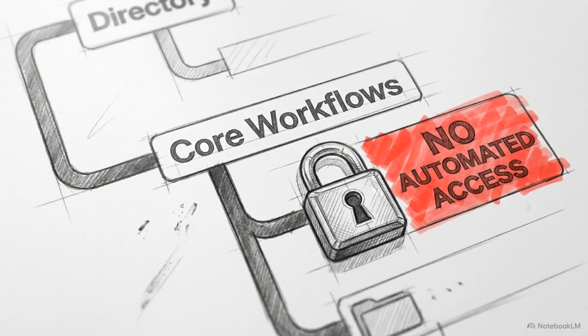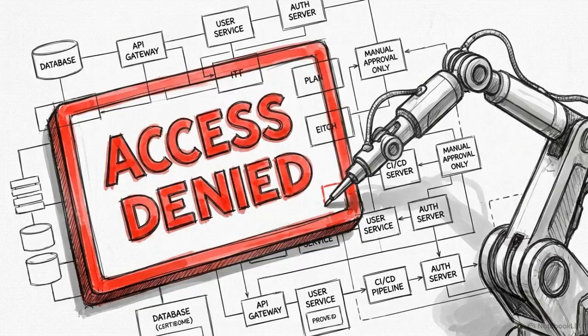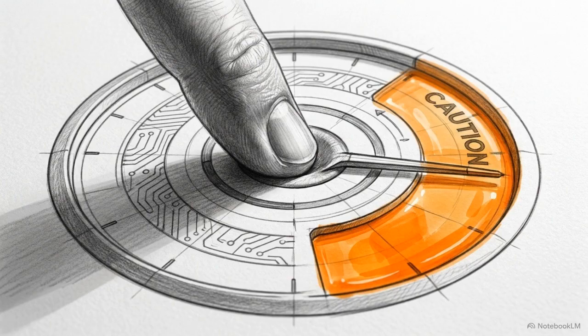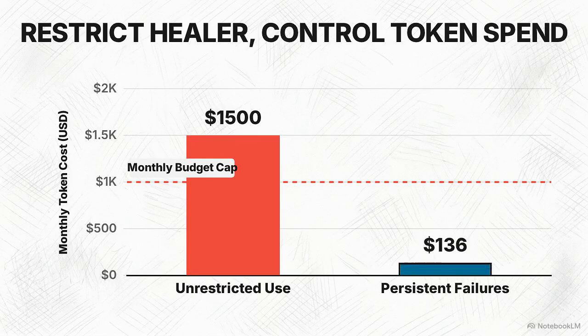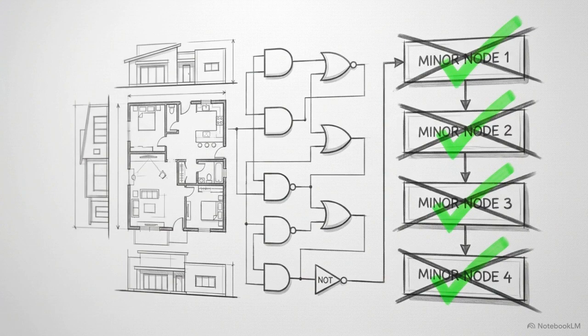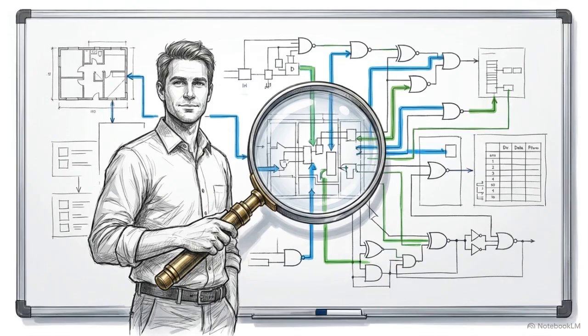For the SDETs watching, deliberately isolate your critical path logic tests, route them exclusively to manual review, and keep auto-healing far away from them to prevent false green builds on your most important workflows. For QA leads managing budgets, aggressively monitor that Layer 2 agent loop. Restricting the healer to persistent failures is the only way to keep your monthly LLM token spend under control. AI tools eliminate the tedious work of fixing broken syntax. They clear the noise so that you, the QA engineer, have the space to orchestrate high-level pipeline judgment and ensure the